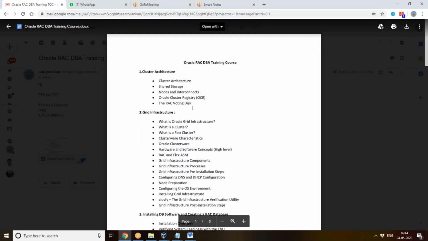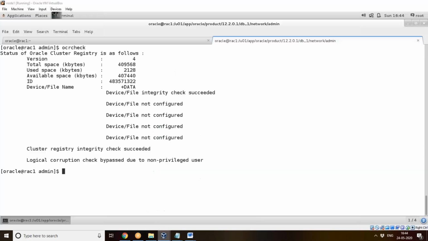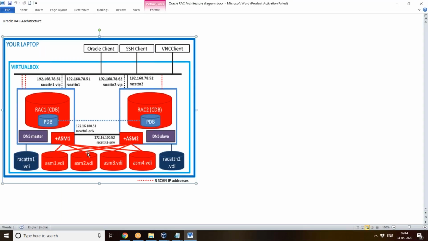And voting disk. So what do you mean by voting disk? Here, in your ASM, in any of the ASM disks, like the OCR, the voting disk is also present. This voting disk contains the information about how to start the cluster. All these nodes will come and tell the voting disk that we are present here. Every 30 seconds each and every node should come and update themselves.